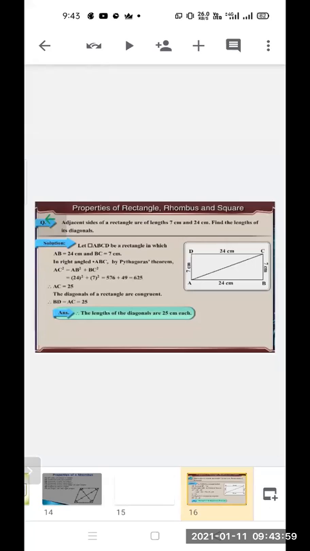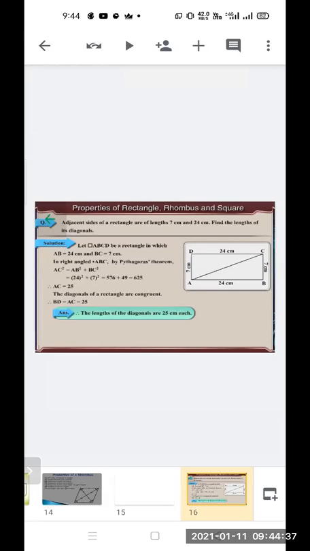Here 7 centimeter and 24 centimeter are given, which means we have to consider the longer side and the shorter side. The longer side should be the length and the shorter side should be the breadth, as a rectangle is a two-dimensional figure having length and breadth. So let us consider DC as 24 centimeter and AD as 7 centimeter. We know that in a rectangle opposite sides are congruent, so AB equals 24, and similarly BC equals 7 centimeter.